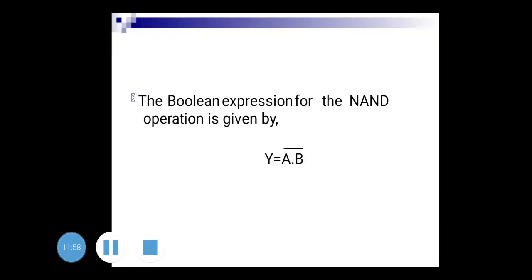The equation of the NAND gate is as shown here. Y is equal to input names, first A and B, and since it is an AND gate first, dot is shown there, A dot B, and then at the output of the AND gate, NOT gate is connected, therefore the whole bar. So it is A dot B the whole bar.